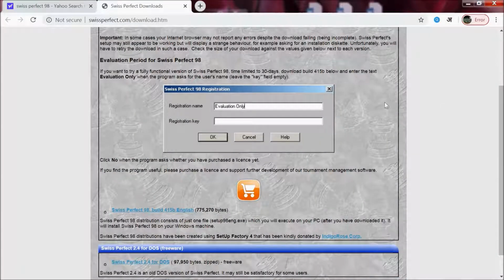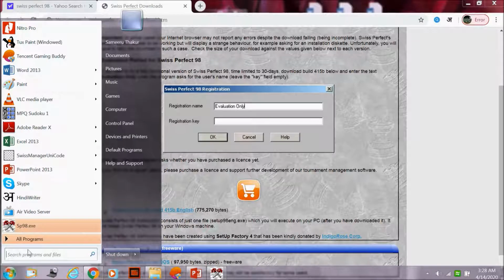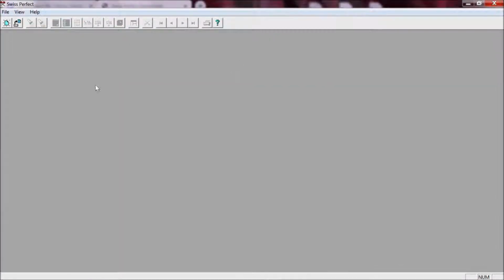To open the software, you need to search, or by default, the program comes on your start button. Here it is SP98, but otherwise you can also search SP98. It will appear. So after clicking this, the software will open.